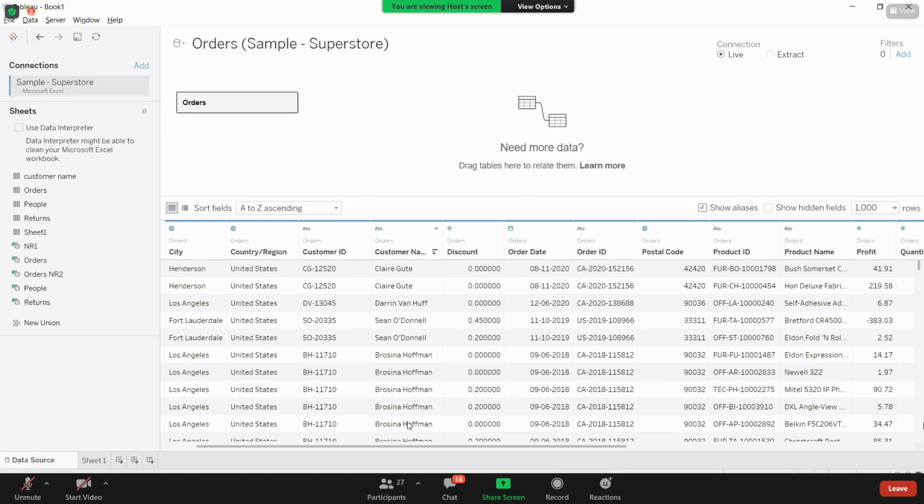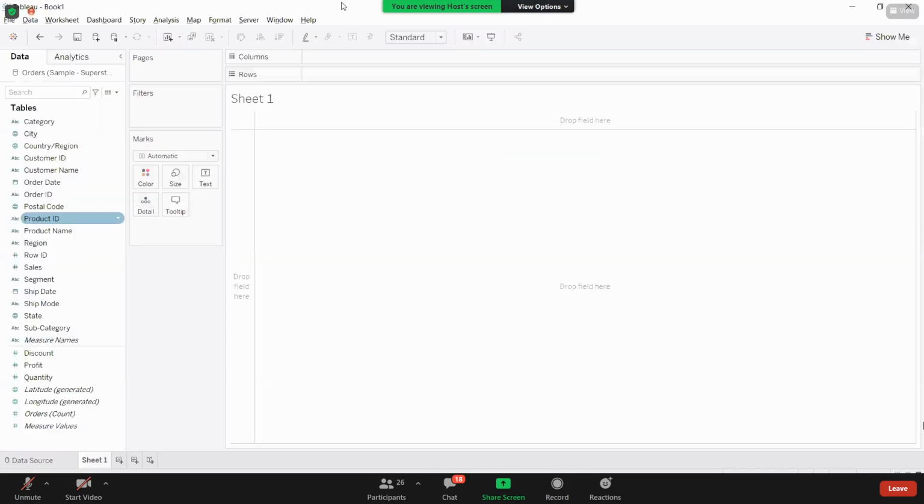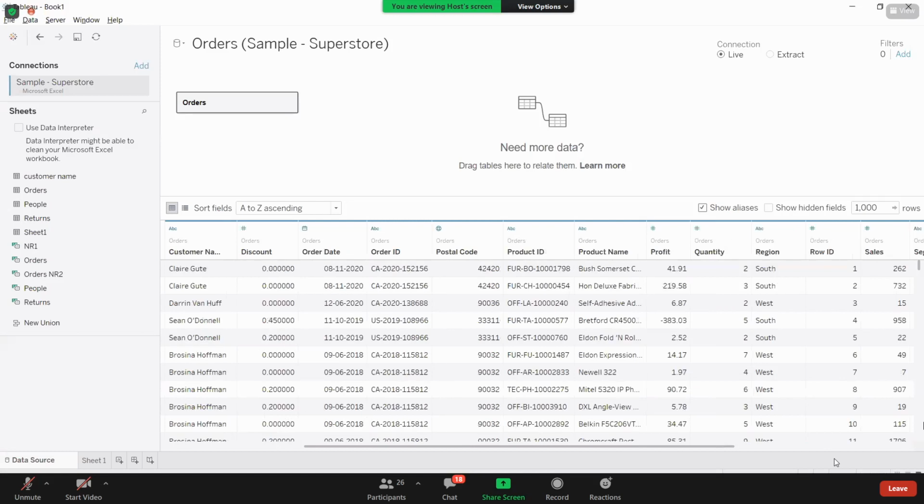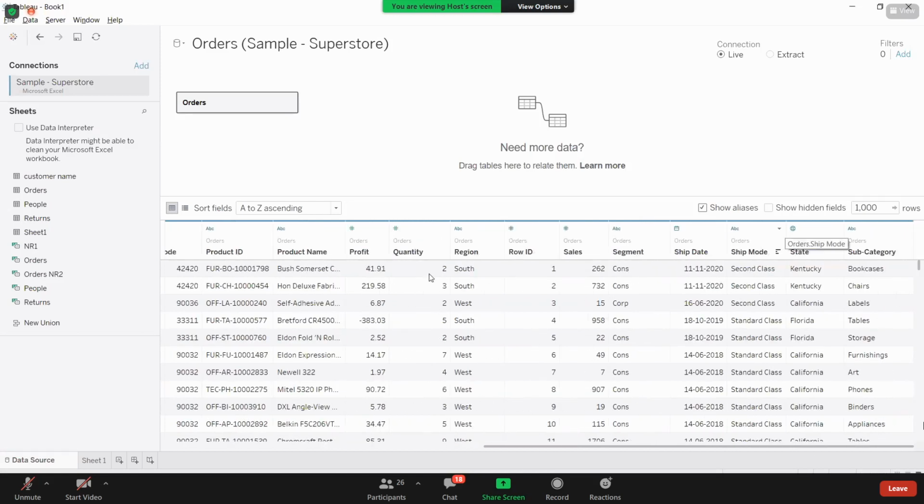You don't want to bring all of them to Tableau, to this workspace. You are taking all of this data, doing some modifications and customizations at the data source end. But after you have done all these things, you will bring that data to your Tableau workspace. This is the work area, where you start working on Tableau. Before entering into Tableau, we are working on the data source page. Here itself, if you feel some of the columns are not required in the workspace, then hide them here itself. How can you hide that?